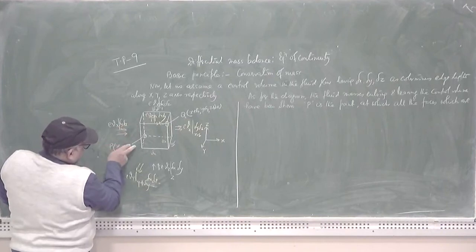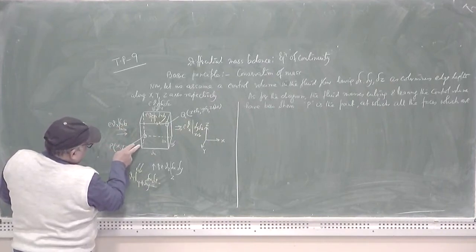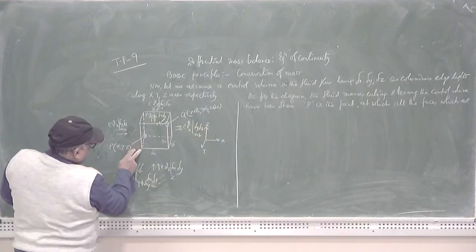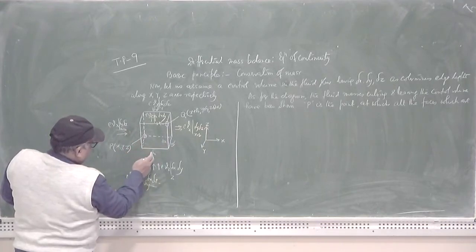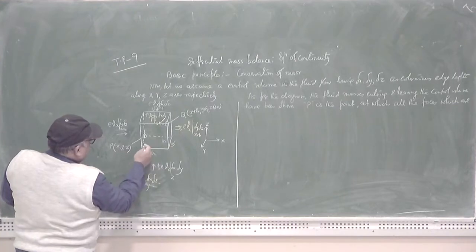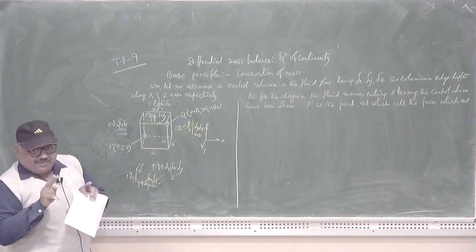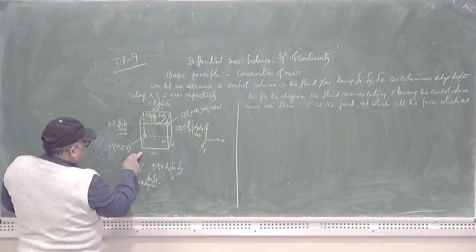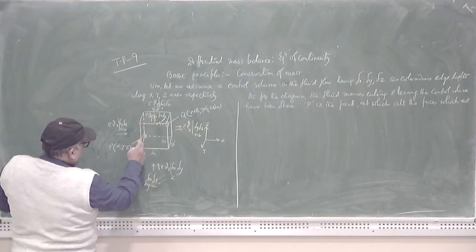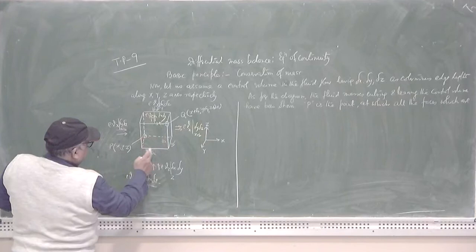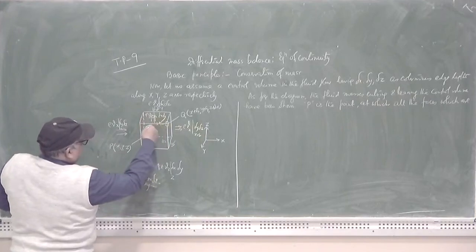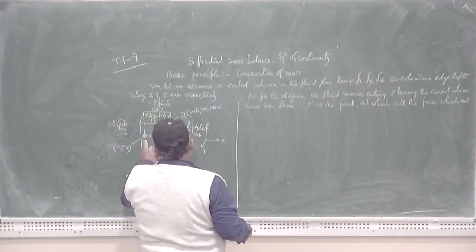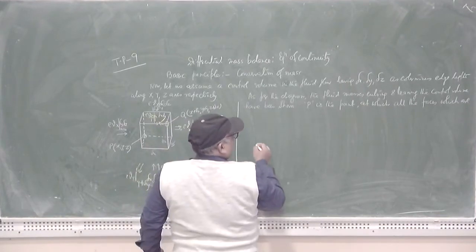This surface is your delta y into delta z, that is the yz plane; delta x into delta y, that is the xy plane; and delta x delta z, that means this plane. These are the three planes, this plane as well as this plane and this plane, that is behind the blackboard, that are meeting at the point which are receiving